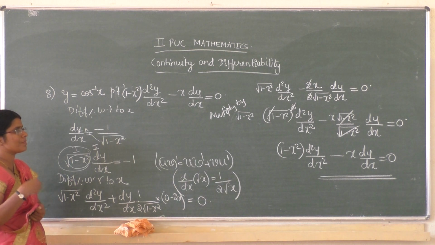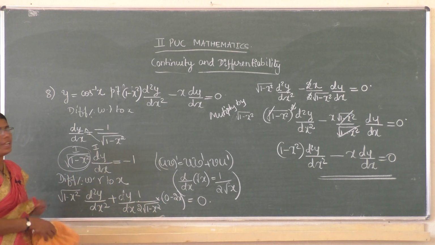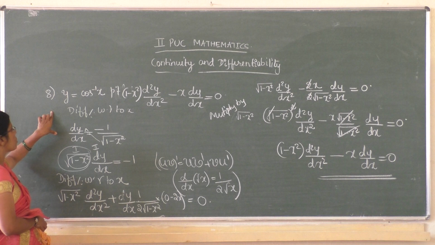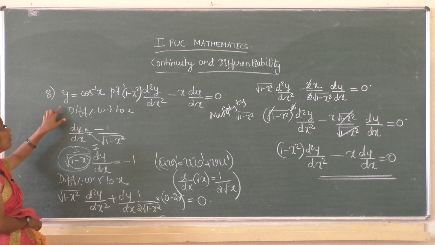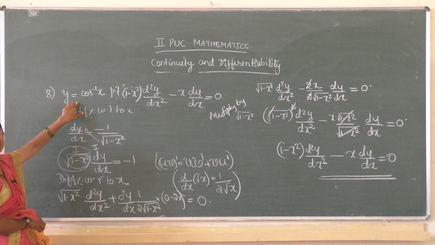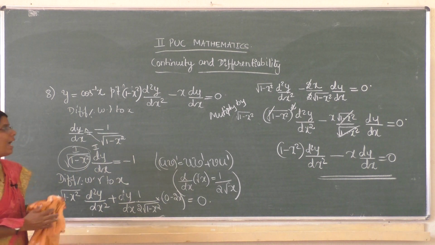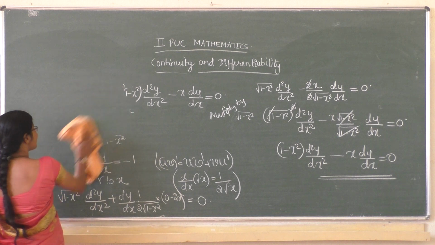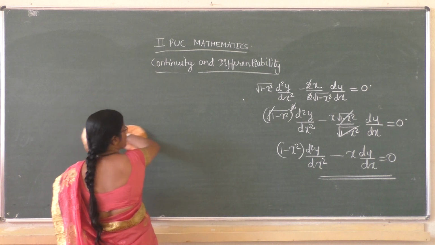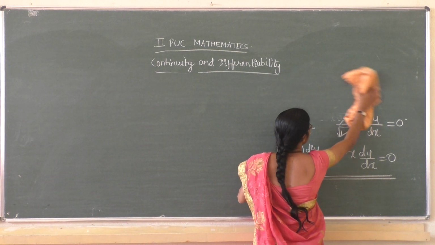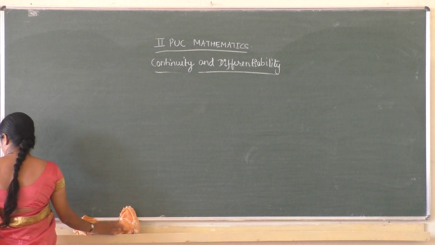So this type of problems are very important. We have one more method to solve this. This is one method to solve this particular problem. We have one more method, that method we solve for another problem, that is we take y is equal to sine inverse x. For that we use another method, and you can follow any one method which is easy for you, either this one or the other method which we use for another function. You can use any method which you feel easy.